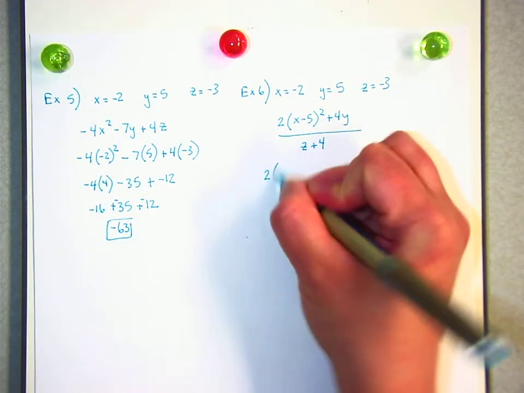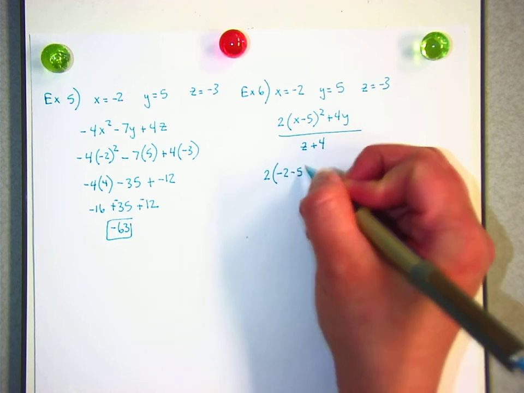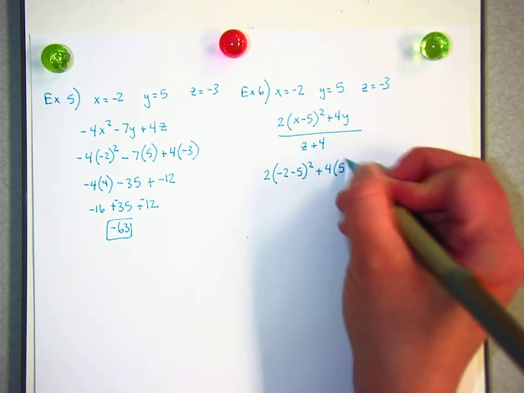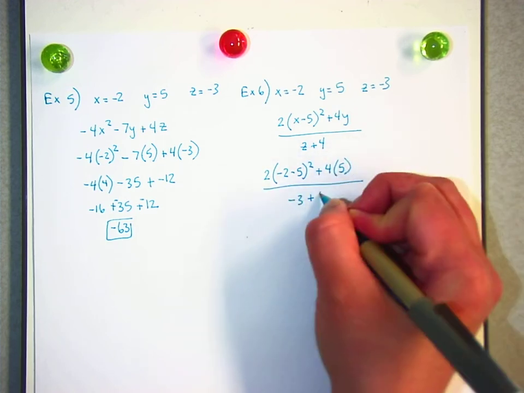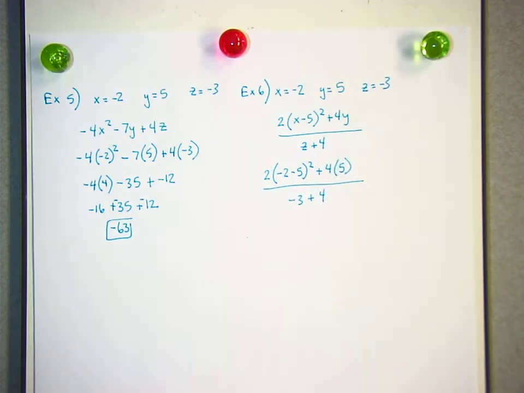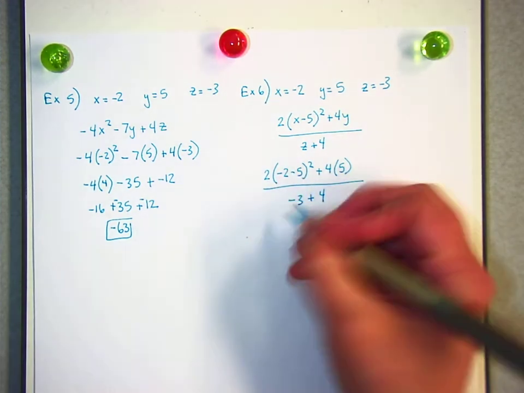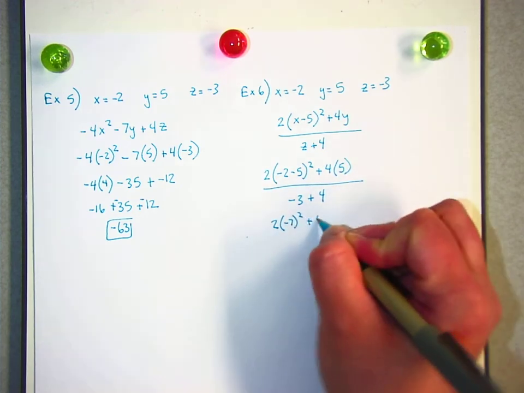All right, I'm assuming that you're back because you've totally tried it by yourself. So that's 2 times x replaces that -2. 5 goes in for y. On the bottom is -3 plus 4. We got to do parentheses first. So that's -2 minus 5 in there. That'd be 2 times -7 squared plus 4 times 5